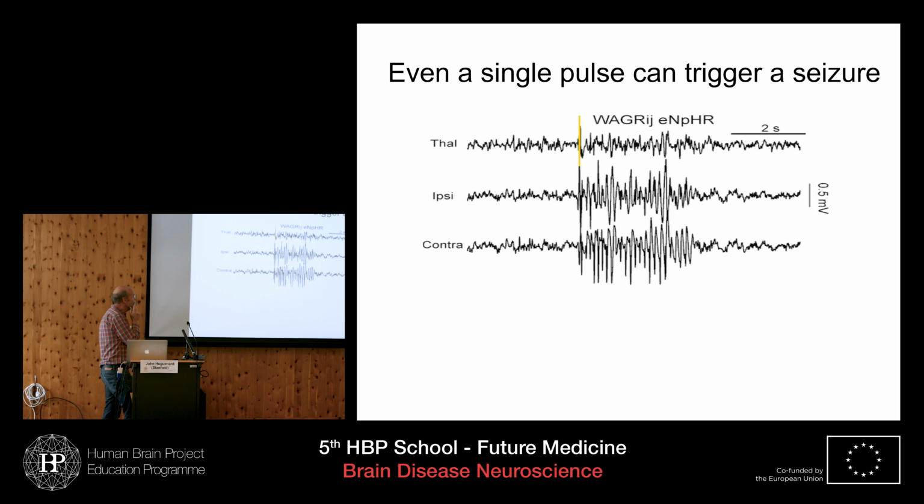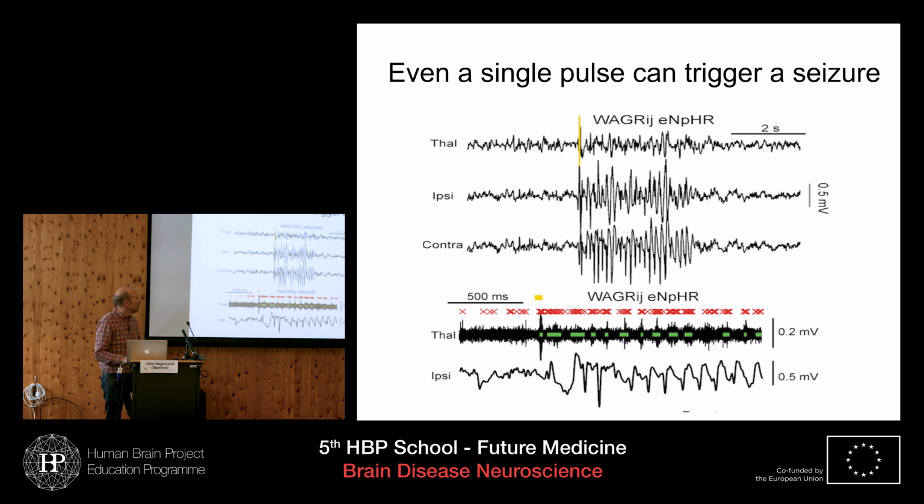And this is the most striking result. So now this is a different animal model. It's another animal model in rats. This is the WAG/Rij rat, based on a Wistar rat. Again, we have halo-rhodopsin expressed in relay cells. And here is a simple, single light pulse applied into the thalamus. And you see how this results in the generation of this widespread synchronous activity.